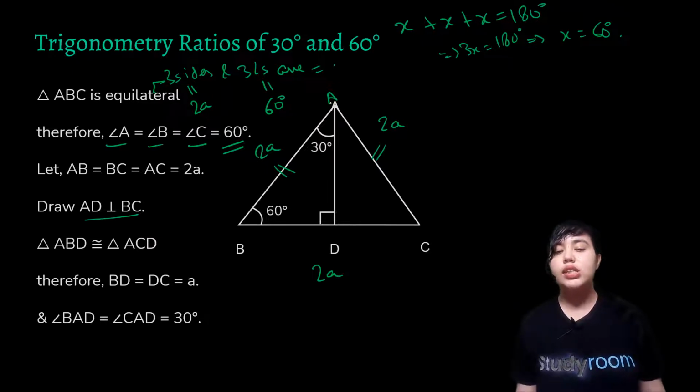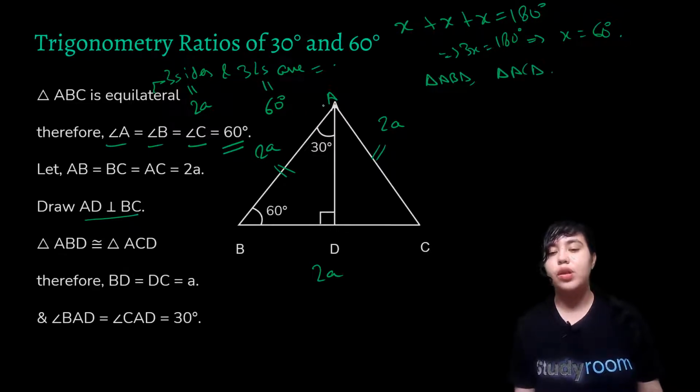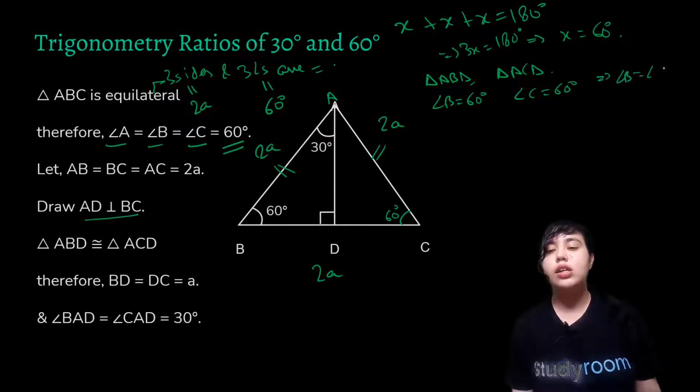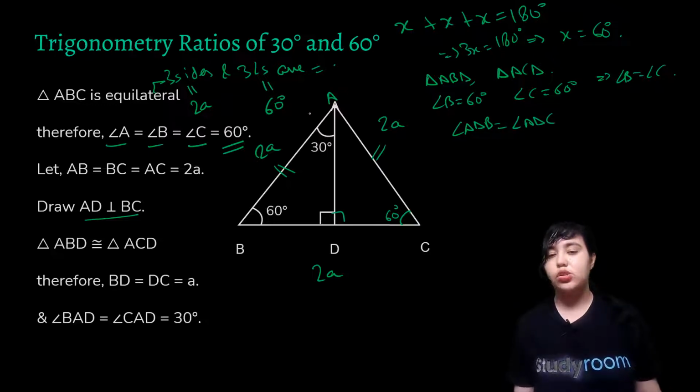Now you consider this triangle ABD and triangle ACD. Here you know that angle B is 60 degrees, and angle C is also 60 degrees, equilateral triangle. That means angle B and angle C are equal. If you see this angle ADB, it is the same as angle ADC. Both of them would be equal to 90 degrees, because AD is perpendicular to BC. So if this is 90 degrees, by linear pair the sum would be 180 degrees, so this will also be 90. So 90, 90, they are also equal. So by AA axiom,